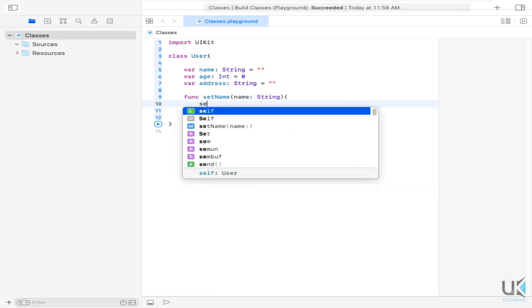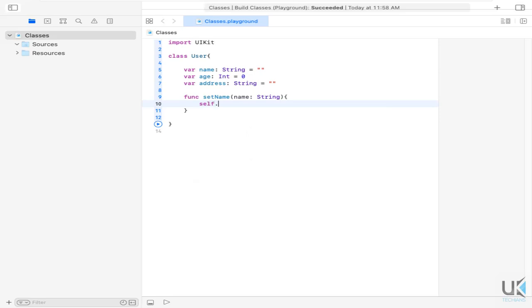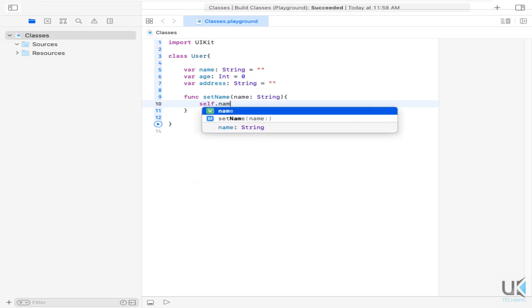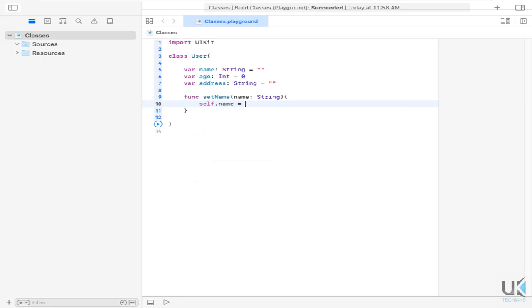So let's use the self keyword, and then we have to use this variable which is name, get the value from this name. So what I have done here, I have called this self keyword to get the name variable which is defined here in the class, and then I have passed the reference of this particular parameter to store the value in this variable. So let's get the value of that particular name,